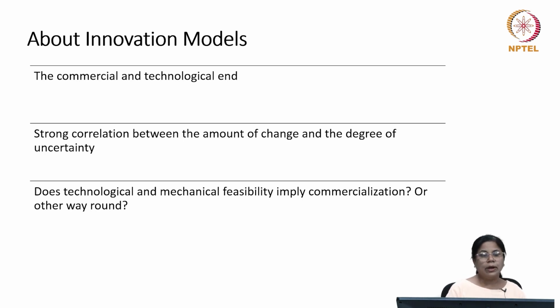Here, how can that be done? What is the process through which this matching will be attained? We will try and understand that through how these innovation models have evolved over a period of time, particularly beginning from the mid of the 20th century, and how each of these models has built onto what was existing and incorporated new dimensions to the process of innovation.